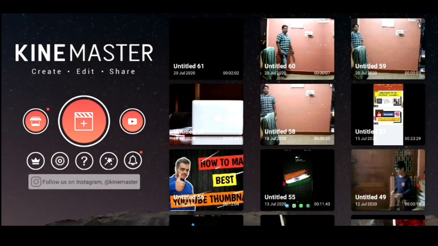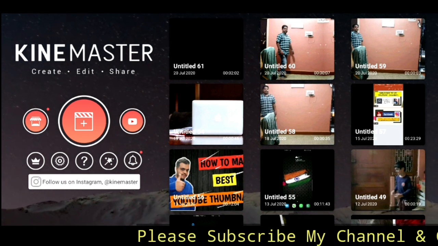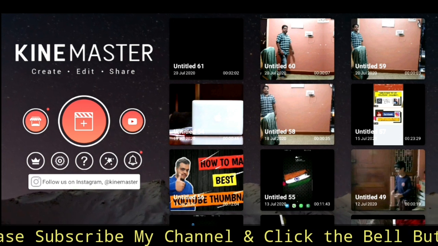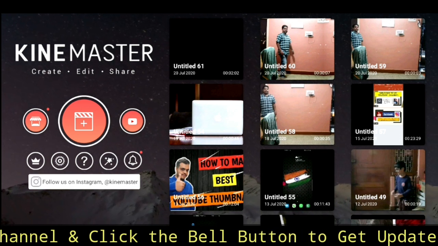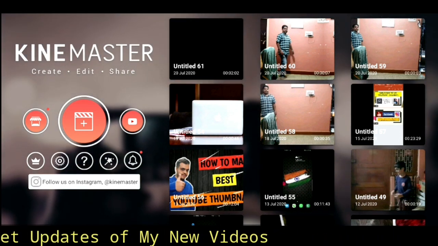So you will get a free application. If you want to use a free application, you will get watermark on your screen. If you don't want to get watermark on your screen, you have to purchase as per the standards. You will get the price list if you click on buy option.